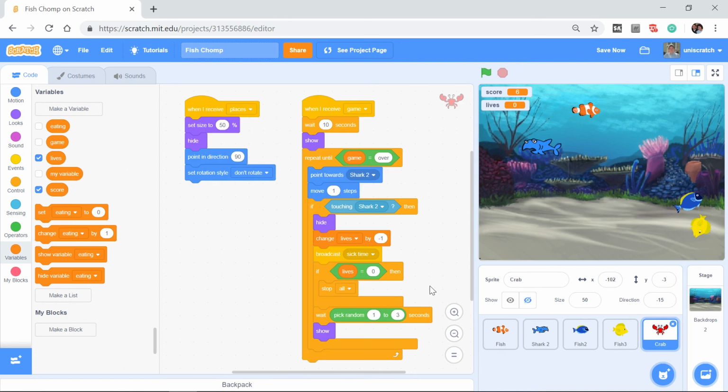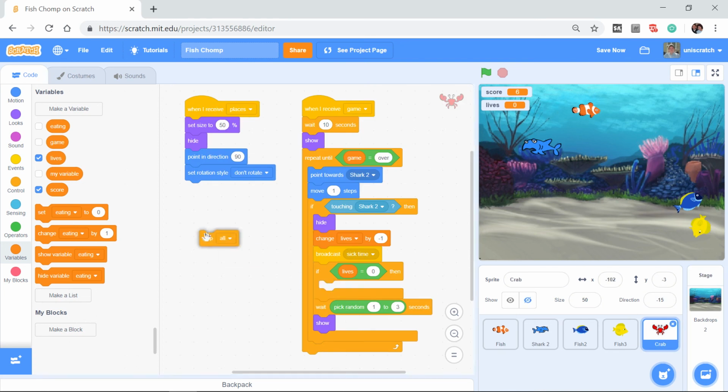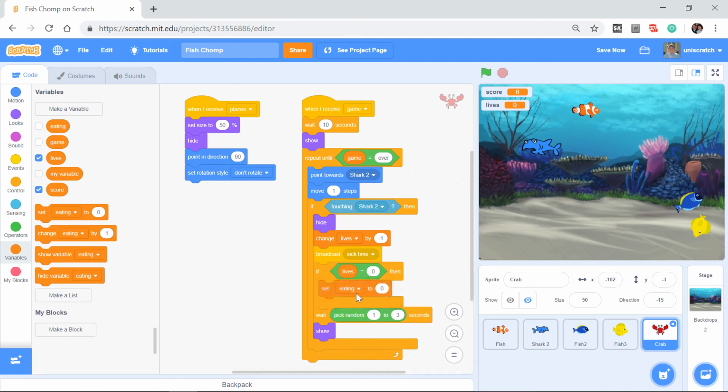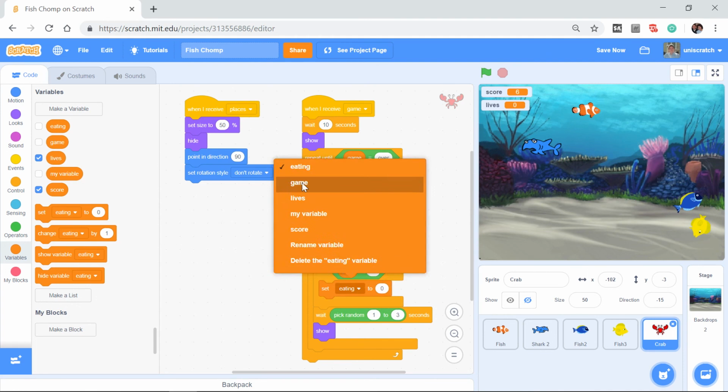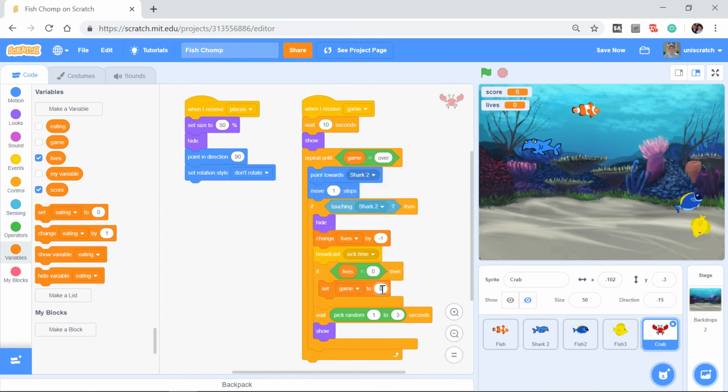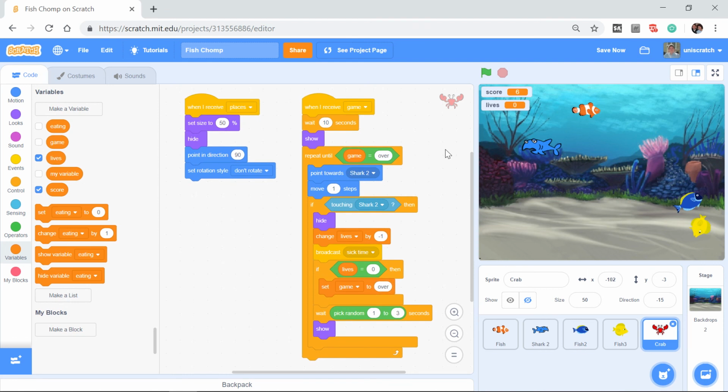Well, it goes when the crab detects that the lives have stopped. And so rather than doing this stop all, again, we're going to do the if lives equals 0, set game to over.